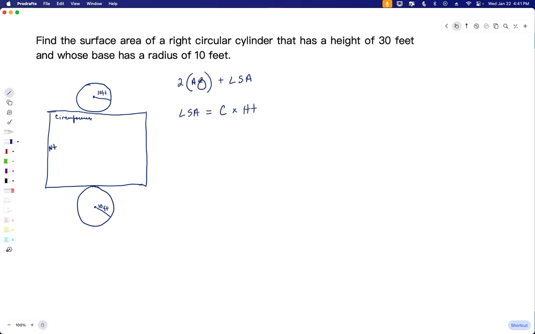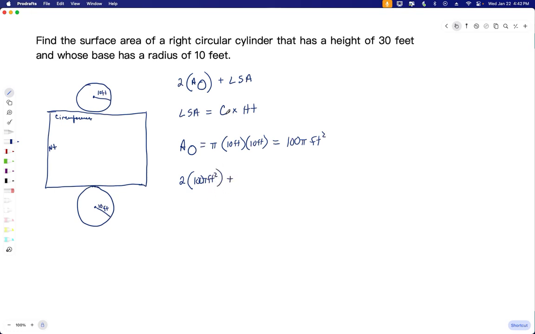First, let's find the area of the base. So we know to find the area of a circle, it's going to be pi r squared. So that is 10 foot times 10 foot. So that's going to be 100 times pi feet squared. The unit of measure always comes last, right? So there's our area of the base, but we have 2 of those. So that's going to be 2 times 100 pi feet squared